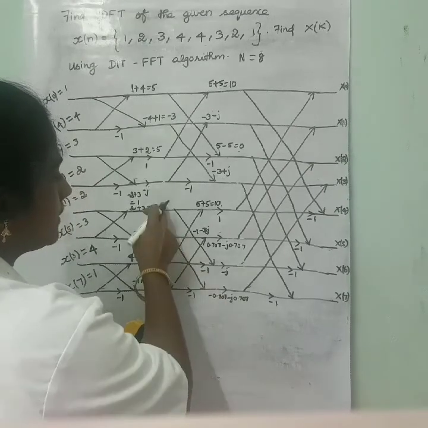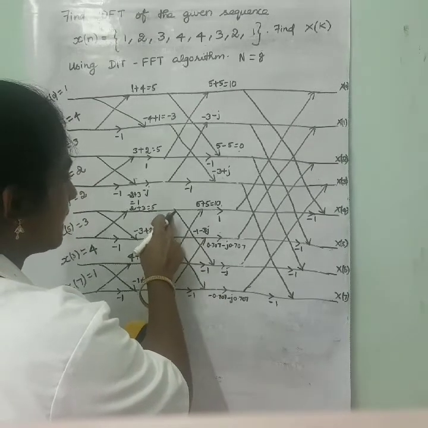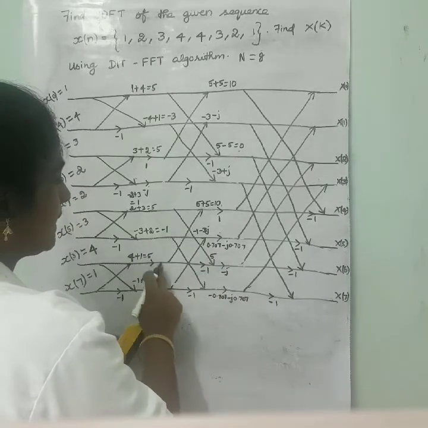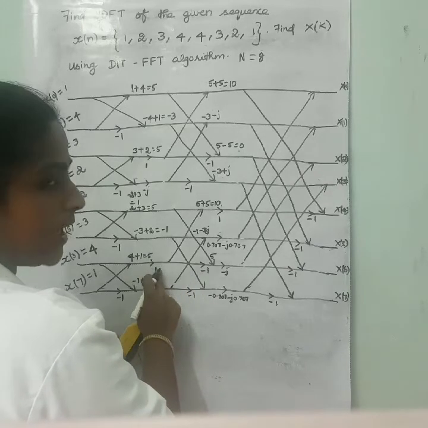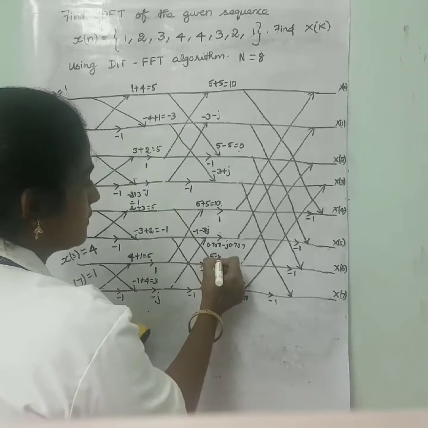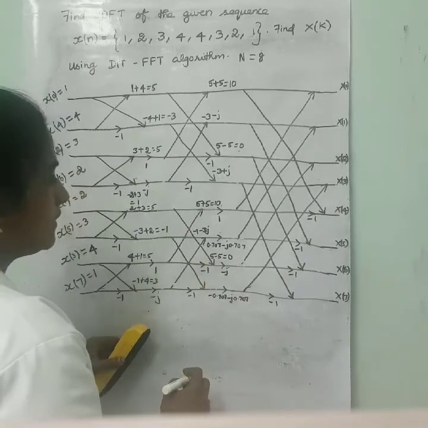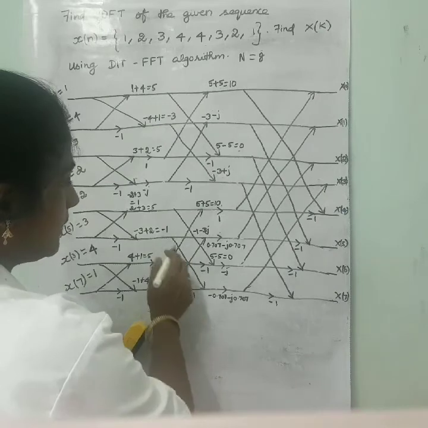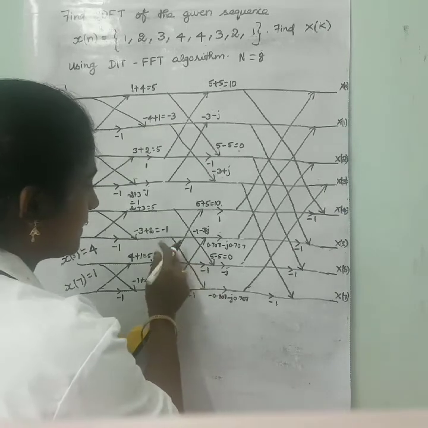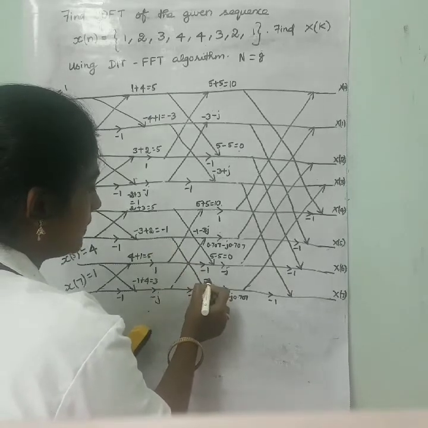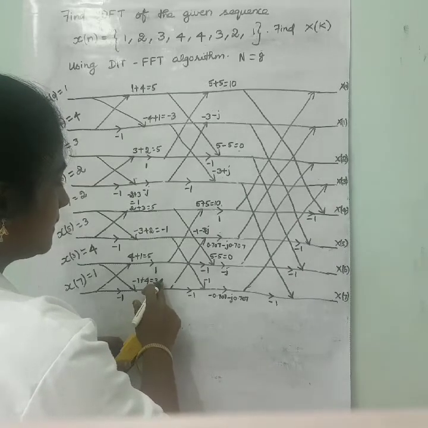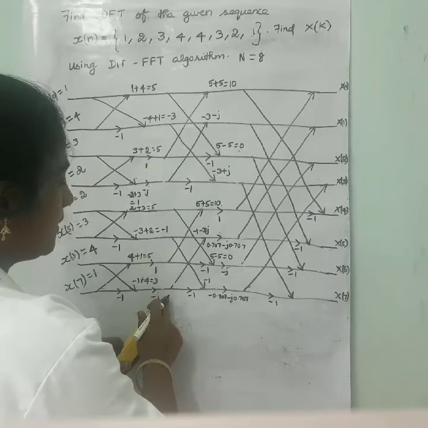Next you have to compute the seventh line. For the seventh line, the line comes from the fifth line, so 5, and the seventh line value is 5 into 1, that is 5. Again 5 into minus 1 is minus 5. So the value is 5 minus 5, which is 0. Again now the eighth line, the line comes from the sixth line, and the value is minus 1. Here we can get the value as 3.